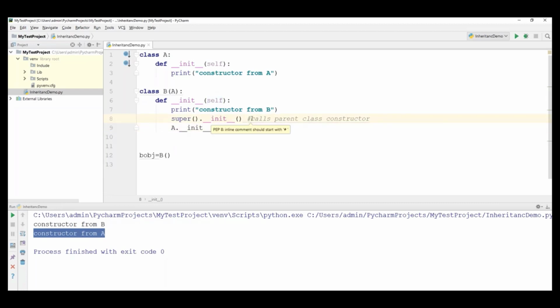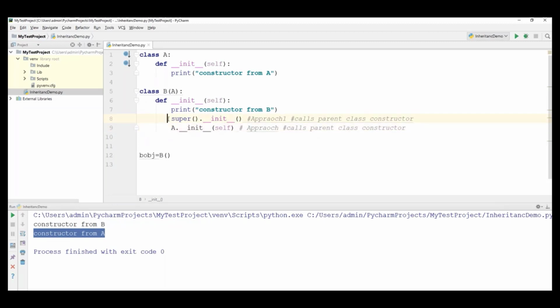The first approach is that we can directly use the super keyword to invoke the parent class constructor. But in approach 2, we have to directly specify the class name along with the constructor, and we have to pass self as an argument. So this will also do the same thing. It will also call the parent class constructor.